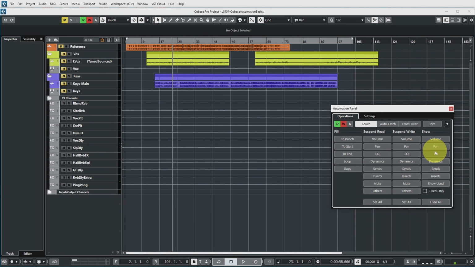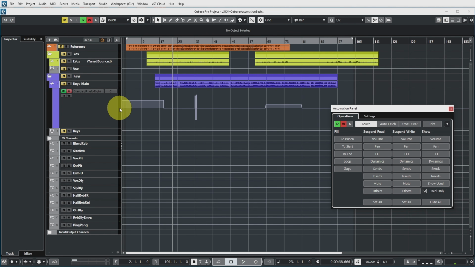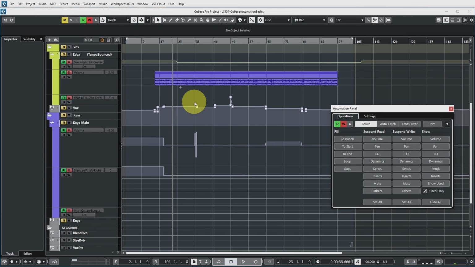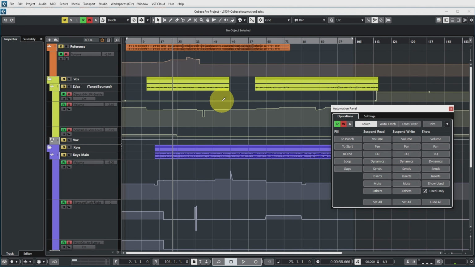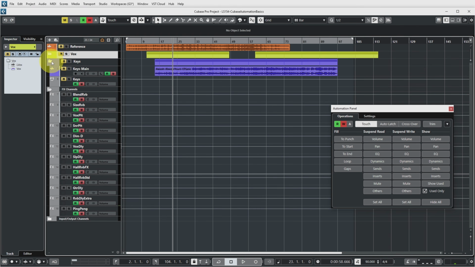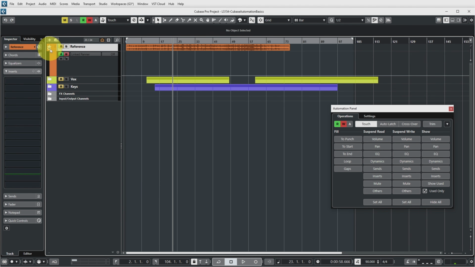Now, if you only want to see the panning automation tracks which are actually used, so which contain automation data, you can enable used only in this column. And now if I click pan, you see that only the keys main automation track opens up because there's actual automation data on there. You also have the option to show all used automation tracks by clicking the show used button over here. Now all automation tracks that contain any automation are opened up so that you can have a look. But let's close all the automation tracks again and simplify even further by only showing the automation on this track,